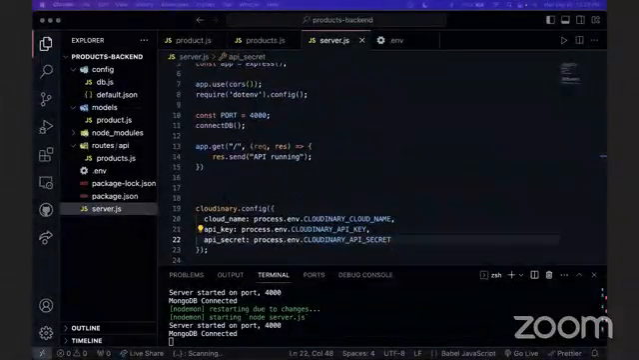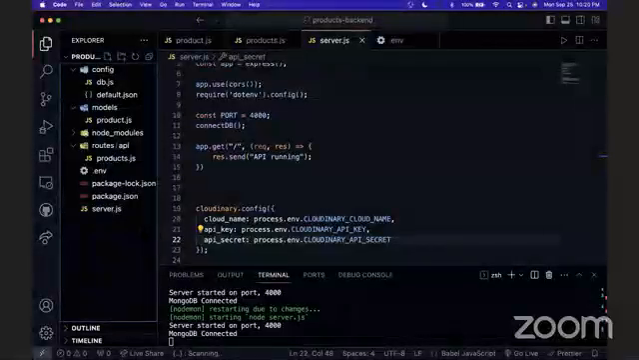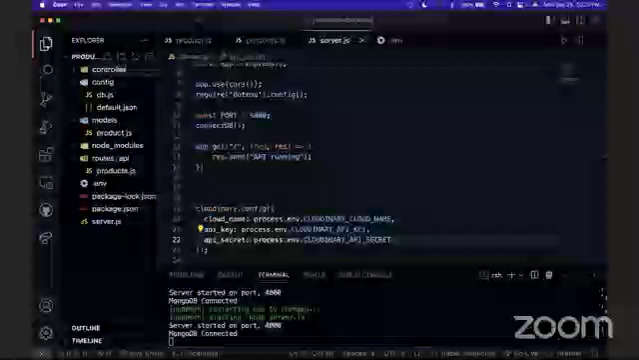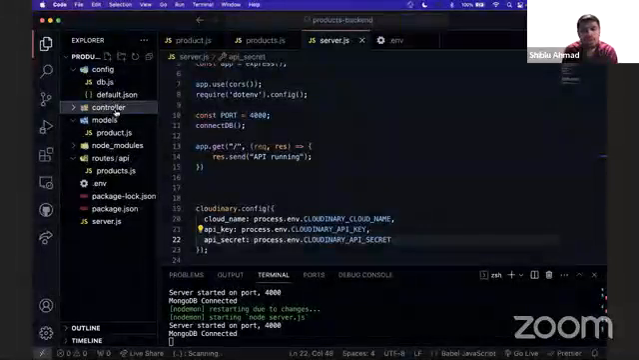Okay, that's pretty much it. So now we can get into our controller functions. We can start by creating the controller folder. So the controller is